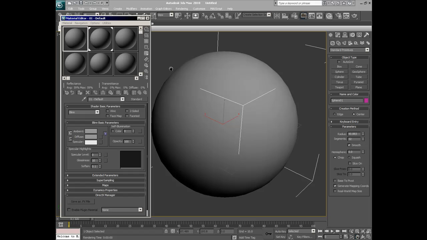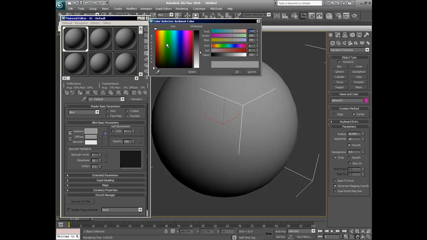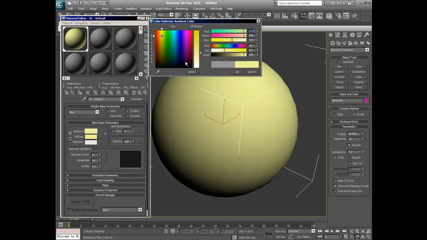Now you can easily spend hours dealing with materials and the ins and outs, so I'll just be doing quick basics on the simple starting of them. If you select a material and drag it to your object, it will apply that material to your object. You can change basic colors of your objects straight away,